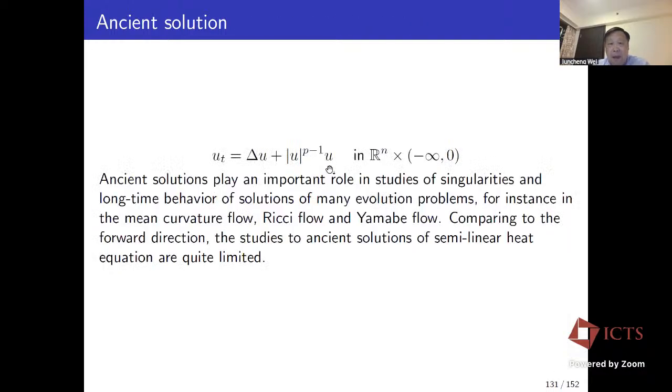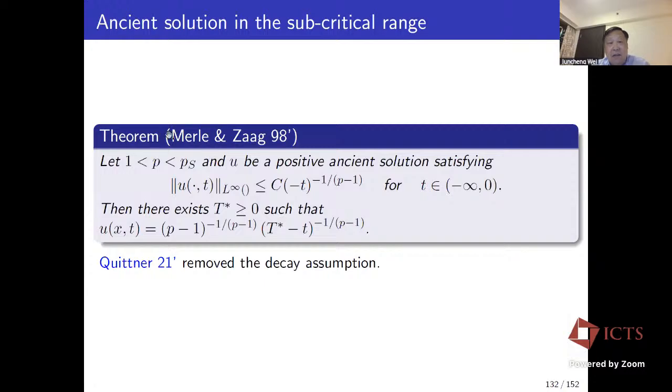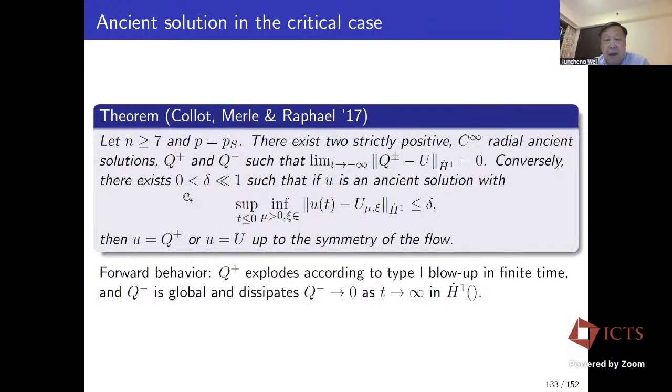Ancient solutions are very important in Ricci flow, mean curvature flow, Yamabe flow, and the only known result in the ancient solution classification is by Meyer and Zhang, and they show that if p is subcritical, if you have an ancient solution which can be controlled by the self-similar blow-up rate, it must be the constant solution. And Cortázar, Del Pino, and Musso, they also construct ancient